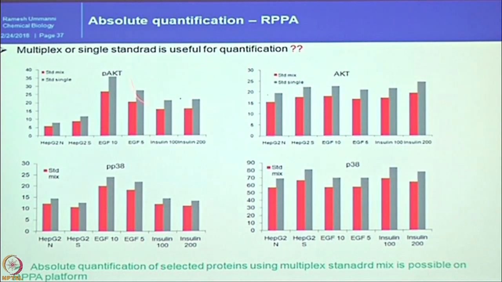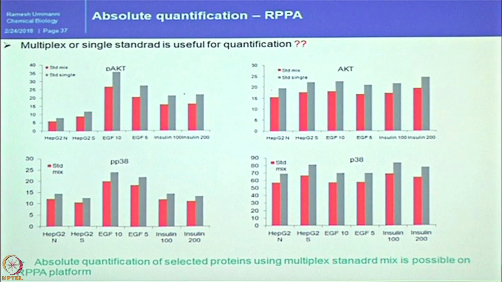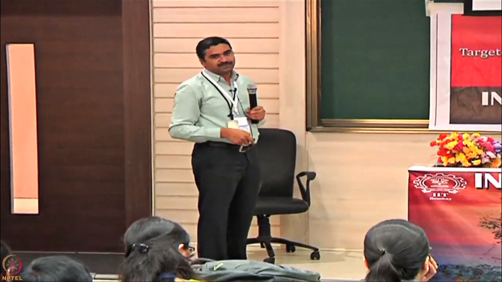The other one is that absolute quantification can be done in a multiplexing manner as well. In the previous experiment we spotted separately, then we mixed all of them and spotted them as single spots in a concentration dependent manner, and then we looked at whether single spotting is important or multiplexing is possible. You can already see that the signal is a little bit down, but the behavior is the same for all the different proteins. So you can see the power of RPPA has reached a different level, that you can also use this method for absolute quantification of a particular protein of interest in a larger set of samples.